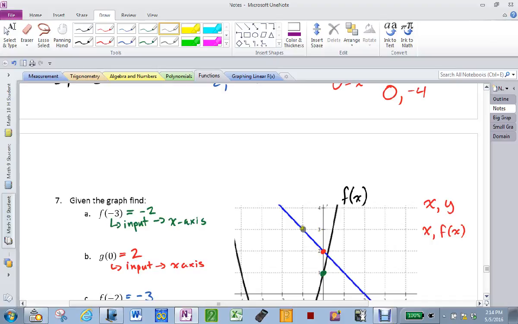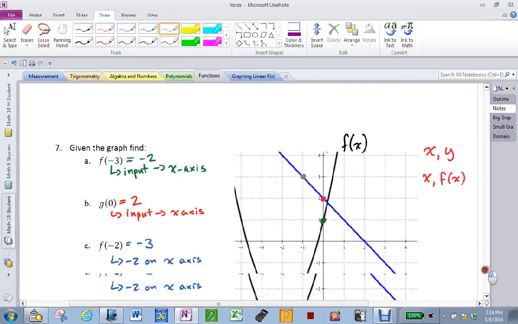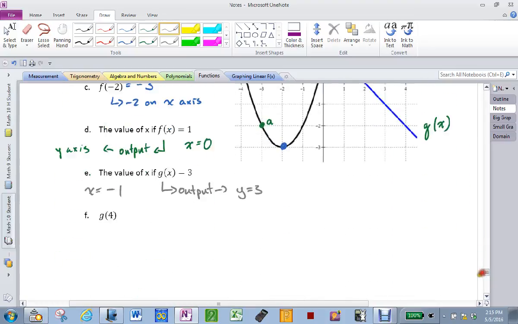Okay, and then find the line. So it's over here. Cool? Yeah. Because you have to every time. I understand. And finally,